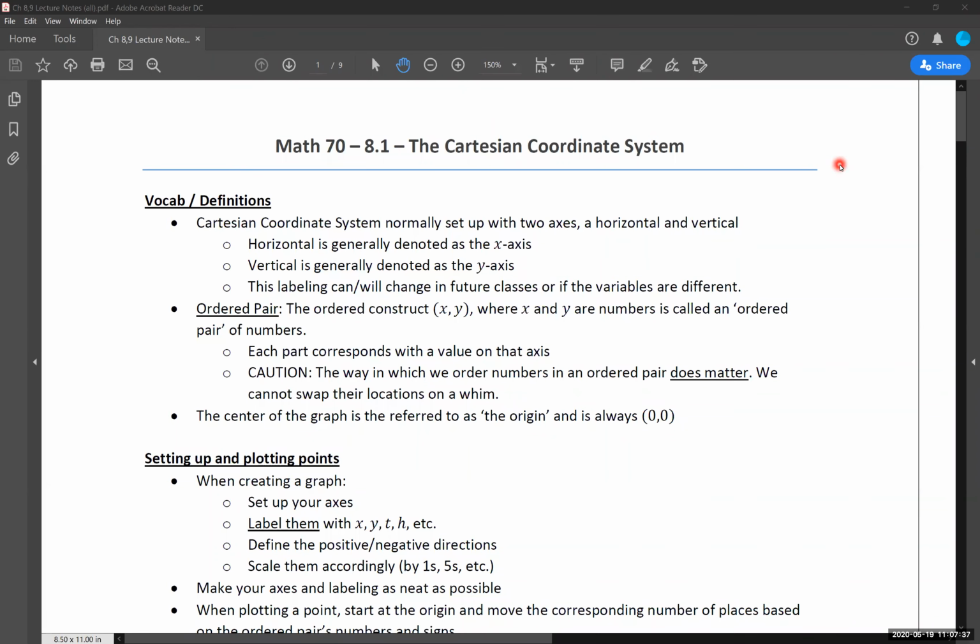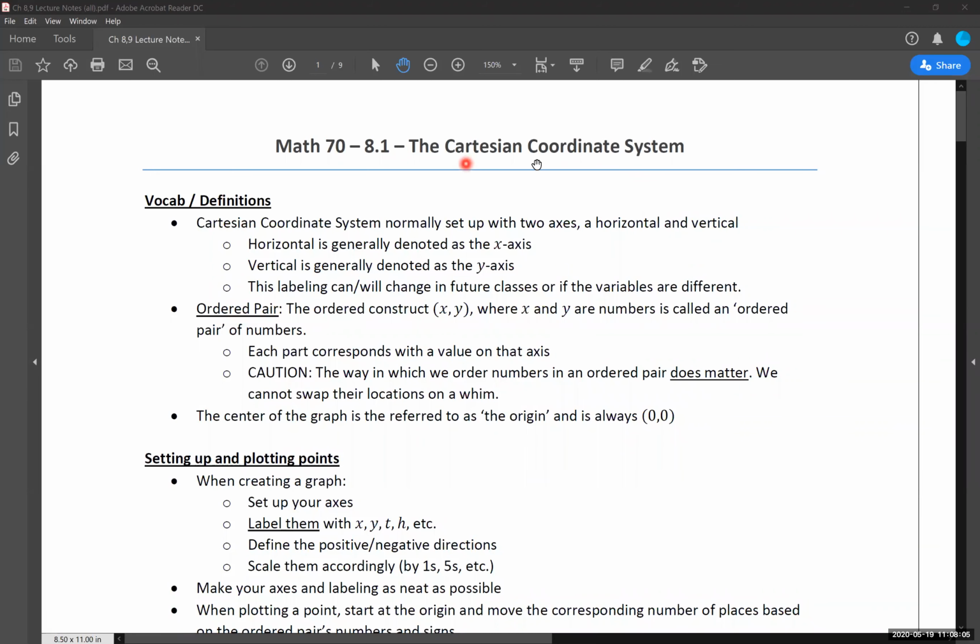Okay, so today we are covering primarily section 8.1, working with the Cartesian coordinate system. And essentially the Cartesian coordinate system is kind of a fancier way of just saying we're going to be working with graphing, our introduction to this particular way of setting up and working with graphing. And I say this mainly from the standpoint of we have different coordinate systems that we use in different levels and different modalities with math.